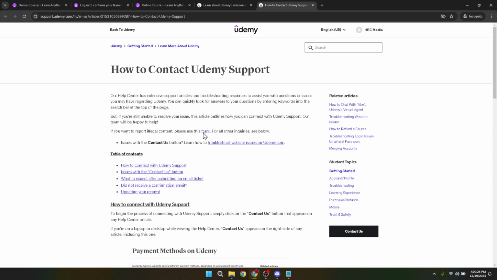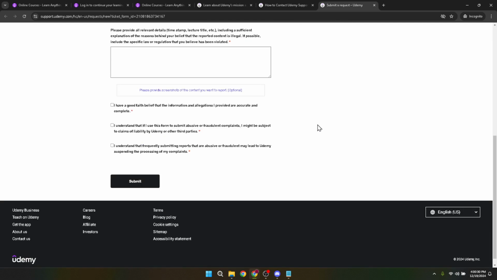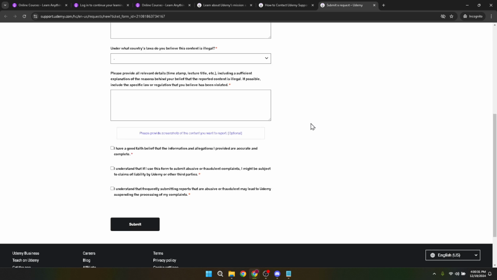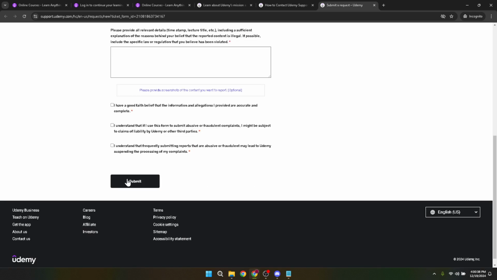to Udemy's support team. This ticket system is designed for you to detail your issue as much as possible, so don't hold back. The more information you provide, the easier it will be for the support team to assist you effectively. When crafting your message to the support team, it's beneficial to be as clear and concise as possible. Include any relevant details or screenshots that could help in diagnosing the issue. Once satisfied with your submission, send it off, and Udemy's team will get back to you as per their response